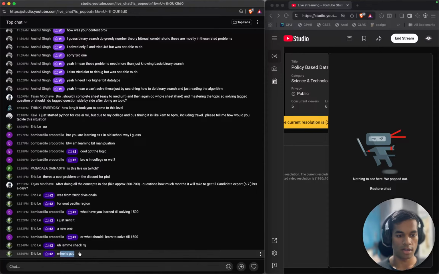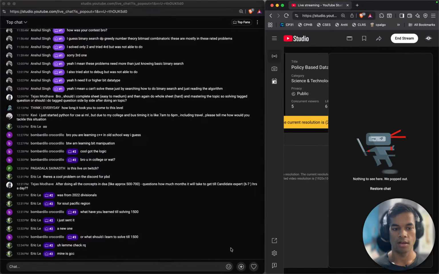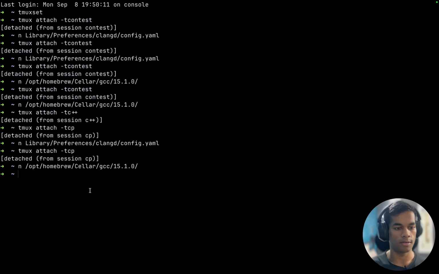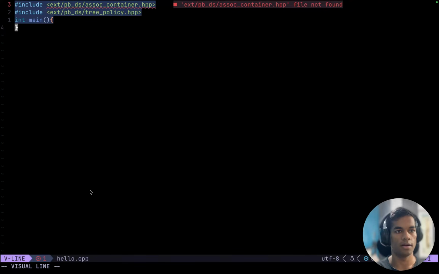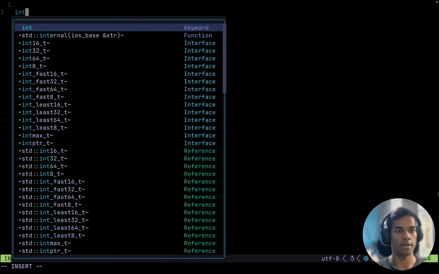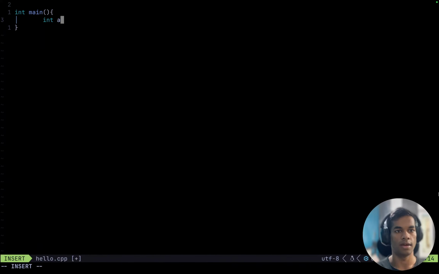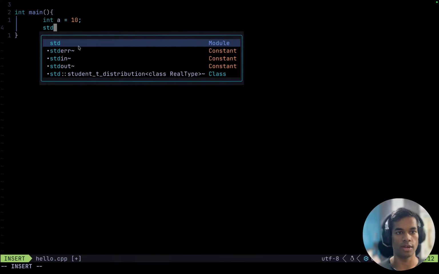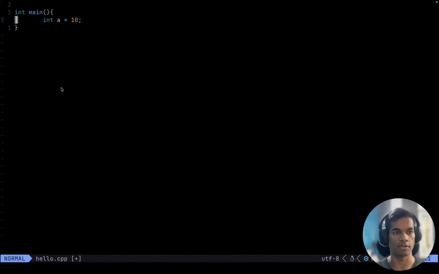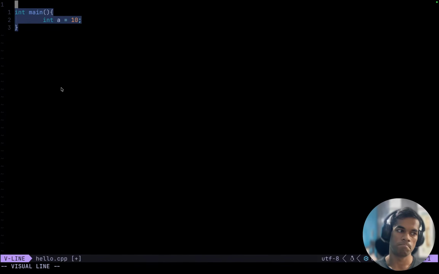Okay, your compiler is GCC, but when you write code in GCC, do you get stuff like this? When you write code, do you get all of these suggestions in main, int a equals some number 5, and then all of these suggestions? And if you do get them, do you also get them for policy-based data structures? That would be interesting